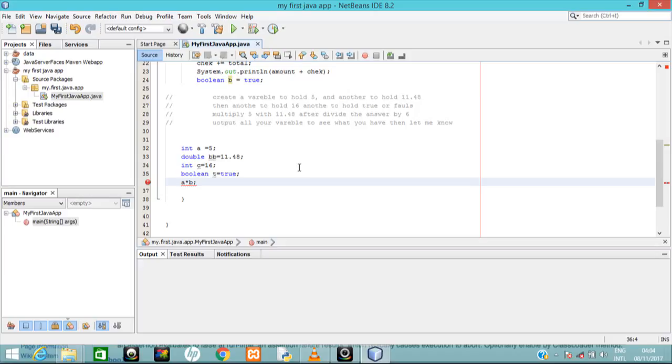So it multiplies a with 11. Oh, that's going to be bb, sorry. And then I'm going to make this, let me say, multa equals to, this is going to be a boolean because